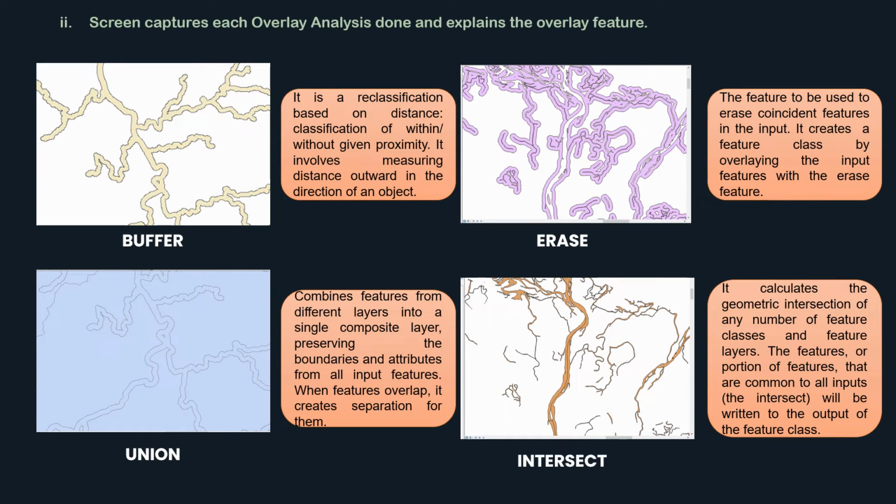Next, for the union, it will combine features from different layers into a single composite layer, preserving the boundaries and attributes from all the input features. When the features overlap, it will create separation for them. And lastly, for the intersect, it calculates the geometric intersection of any number of feature classes and feature layers. The feature or the portion of feature that are